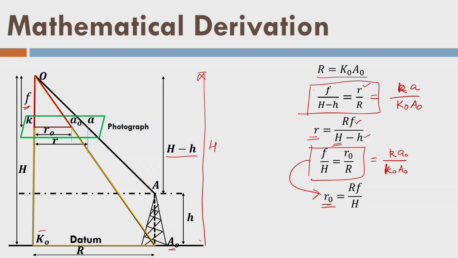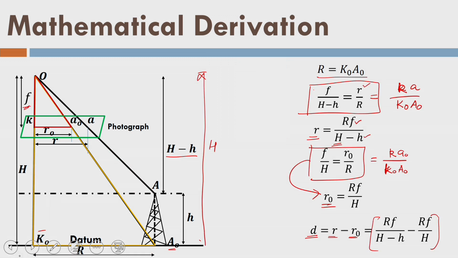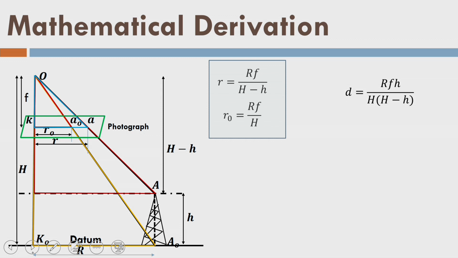Now, what is the displacement? Let us look into this. So, this is the displacement of the image from r0 to R. So, I can say that the displacement of the image point because of its height above the datum is d, and which is given by this one, right. We are just doing some simple subtraction. Okay. So, I can bring this thing here from there. Let me write this by just transferring. I can write this expression.